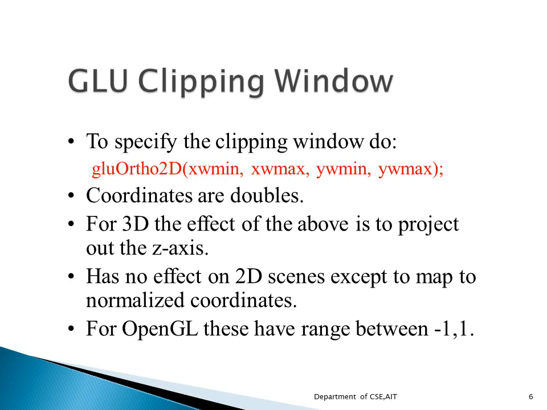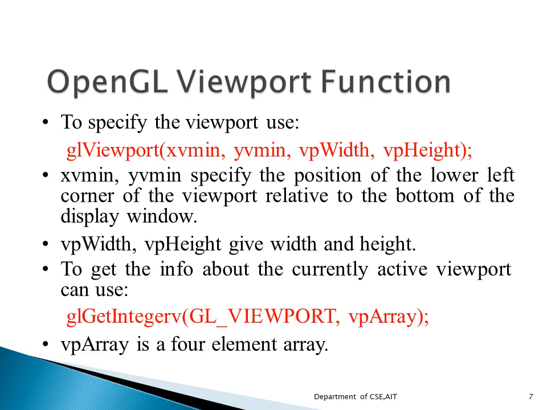So the normalized square will be centered on the coordinate origin with its side length equal to 2. The viewport parameters for the OpenGL function glViewport are given by glViewport(xvmin, yvmin, vpWidth, vpHeight), where all these four parameter values are given in integer screen coordinates. They cannot be floating point numbers. They have to be exactly integer values, and these will be relative to the display window. The parameters xvmin and yvmin specify the position of the lower left corner of the viewport relative to the lower left corner of the display window.